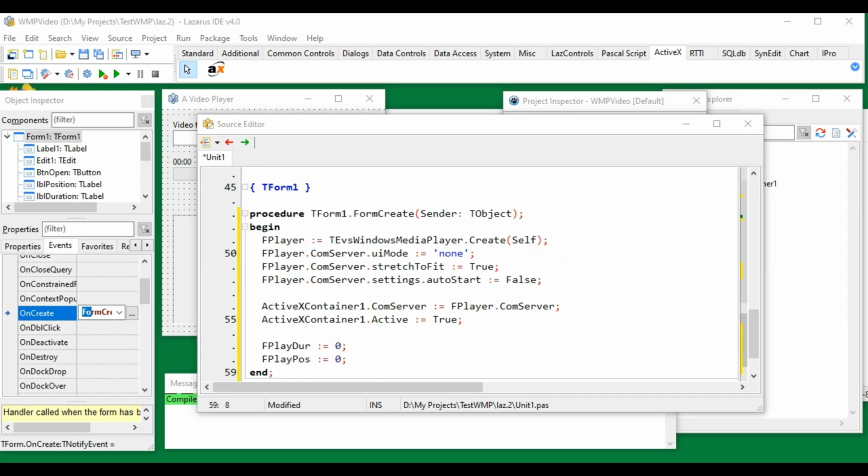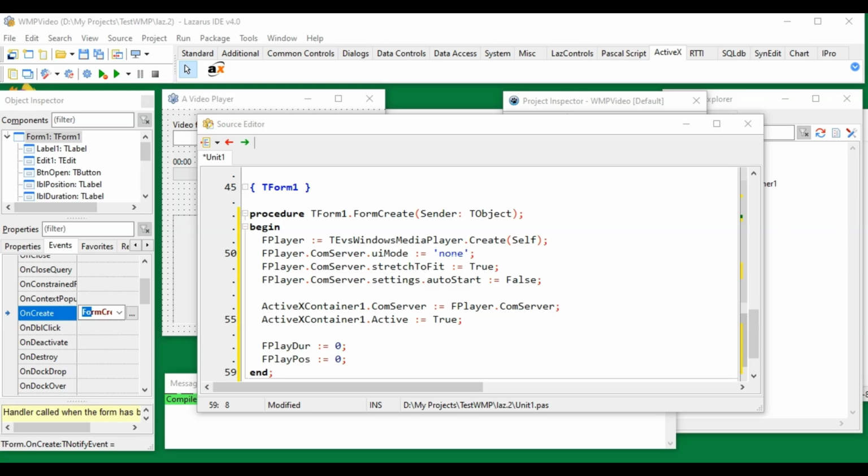As the form is the parameter for the owner, we don't need to destroy the object manually.